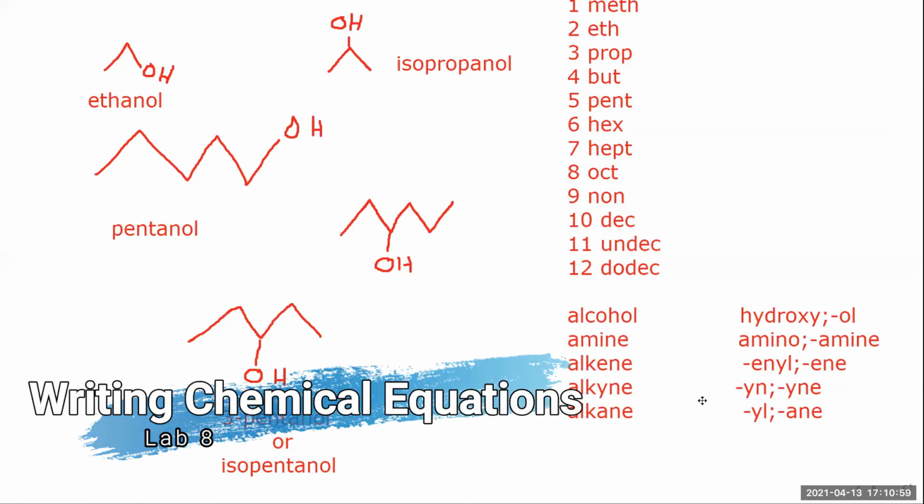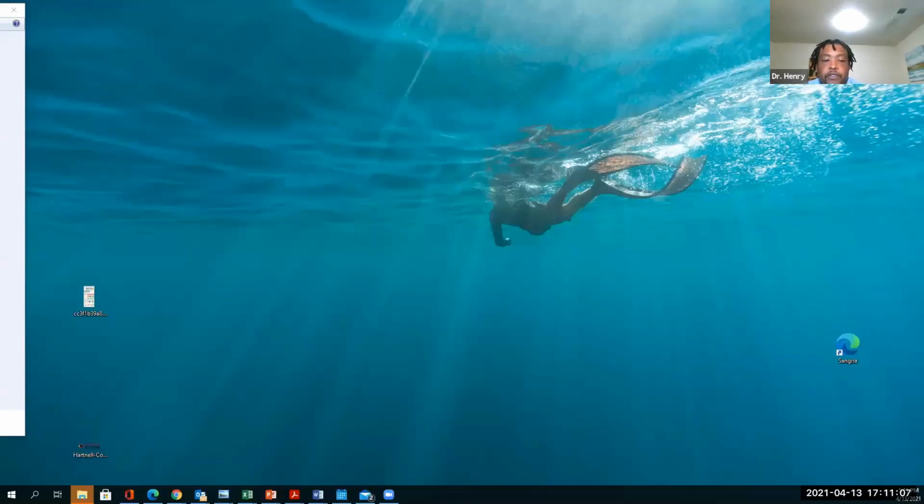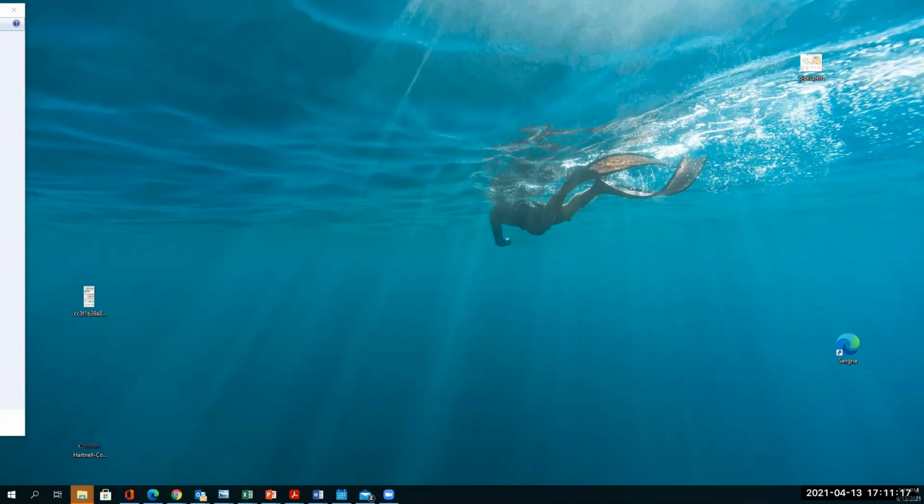The lab, I was looking at it. It doesn't look like what we were doing today. Well, actually it is sort of what you've been doing today, but it's applying all the things you've learned, because you've already learned how to balance equations. Now you're learning how to read and write the chemical equations. So let me pull it up. The first question is: iron reacts with oxygen to form iron(III) oxide. So you'd write the equation for everything. Let me pull up the lab so you can see what you're saying.